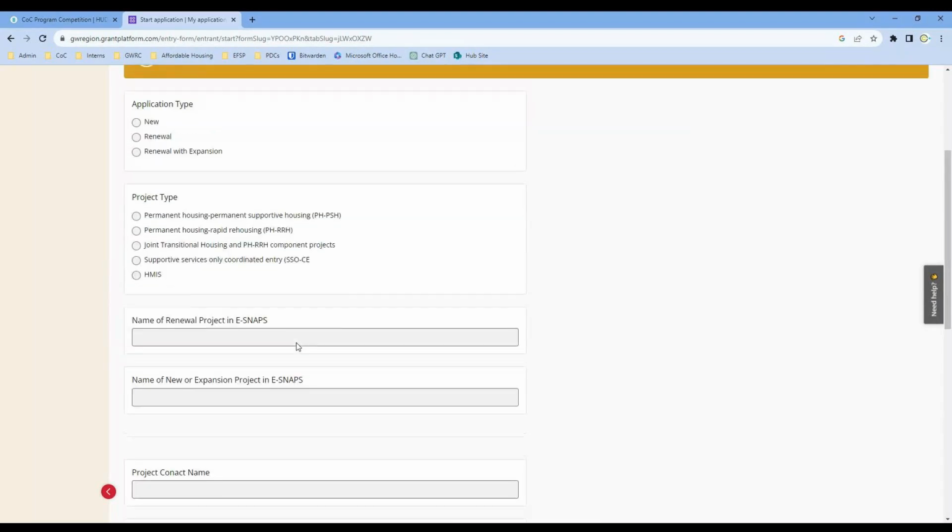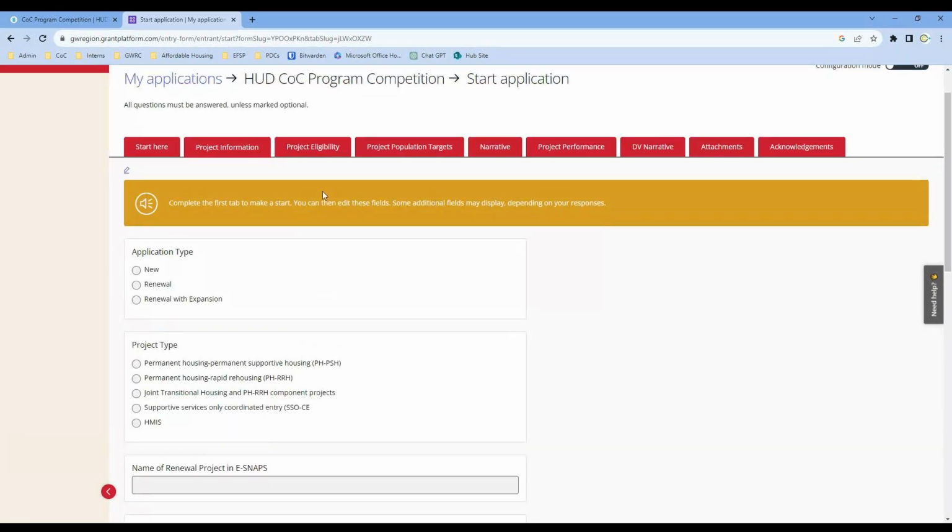So the only thing that you'll need to do is complete everything that's on this and submit that to us. It'll go directly to us. Funding will be able to see it, but all of your projects are here. So super easy to use, a little more intuitive than the HUD system, but both are still required in order to be eligible for funding.